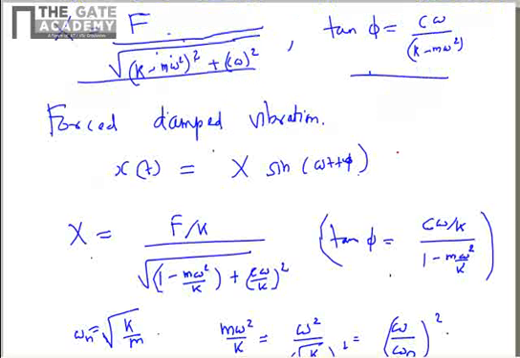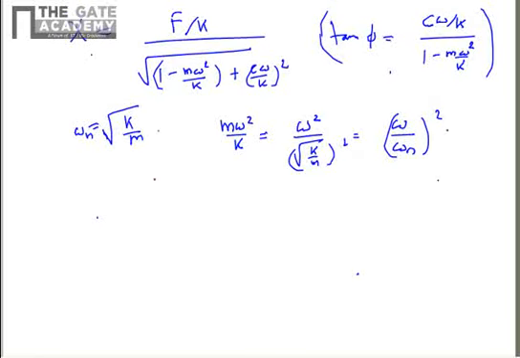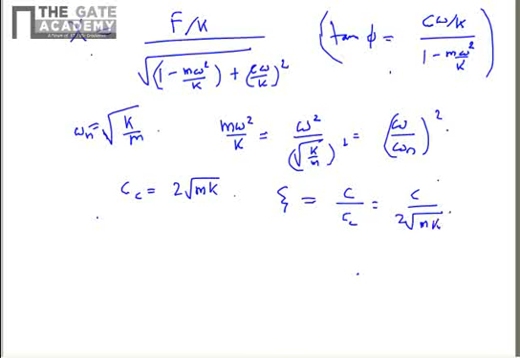You see this repeatedly in our equations, m omega square by k. Now the critical damping is equal to 2 root over km, and the damping ratio psi is equal to c by c critical, that is c divided by 2 square root of km. If you multiply and divide by k, you will get